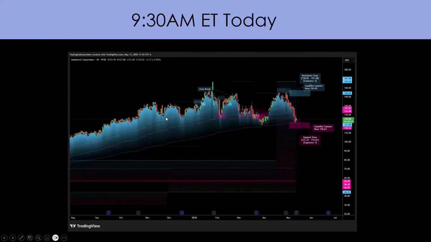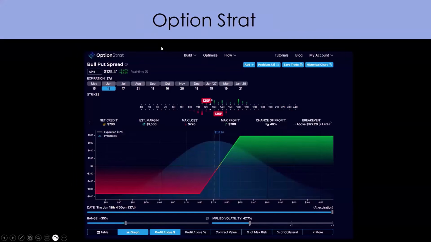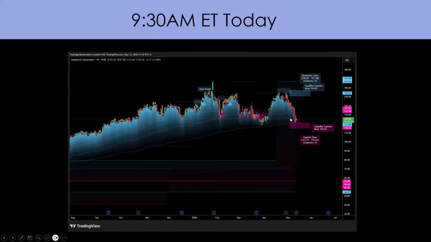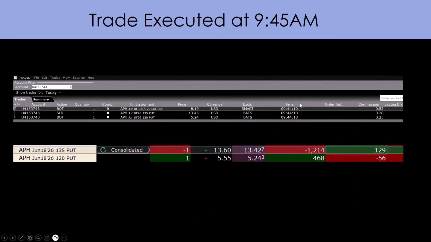And then when the market opened at 9:30, so this was my strategy. I did this at 8 o'clock or 8:30. When the market opened, I confirmed that things still look good. There was no massive gap in the market. I don't want to enter this option strategy before the market opens. I actually want to see what's happening at market open. So I like what I see. You can see prices gapped up a bit higher. The current candle is a bit bullish. I think this is an early sign, at least in my view, of a bounce off this level. Looks good to me. And I went ahead and executed exactly this trade at 9:45 this morning in my Interactive